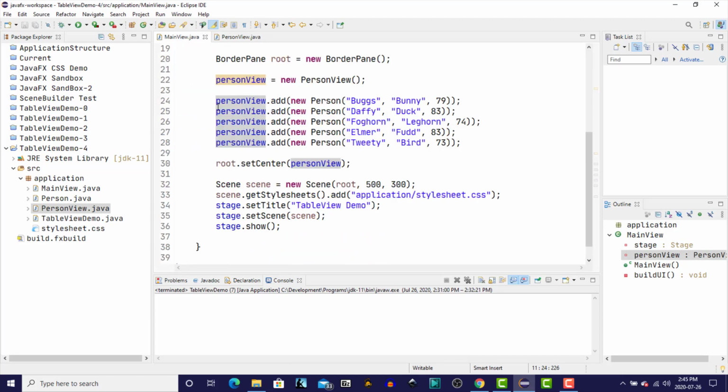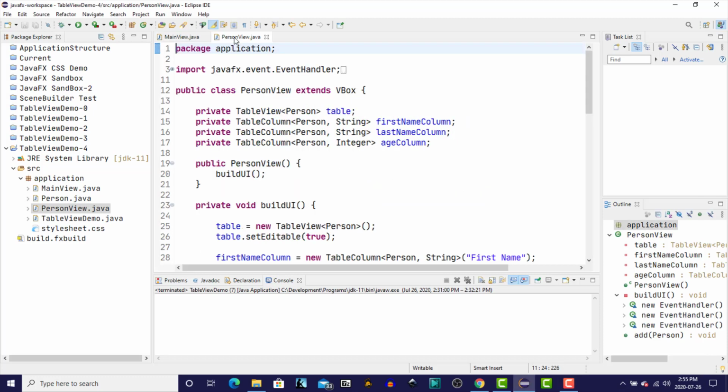And now when we're adding records, we're adding them to the person view. So you don't need to know that there is an underlying table that's going to be displaying the record. Up till now, we've been programmatically adding and or removing records from the table. In this video, we're going to add a form that will allow us to interactively add new details to the